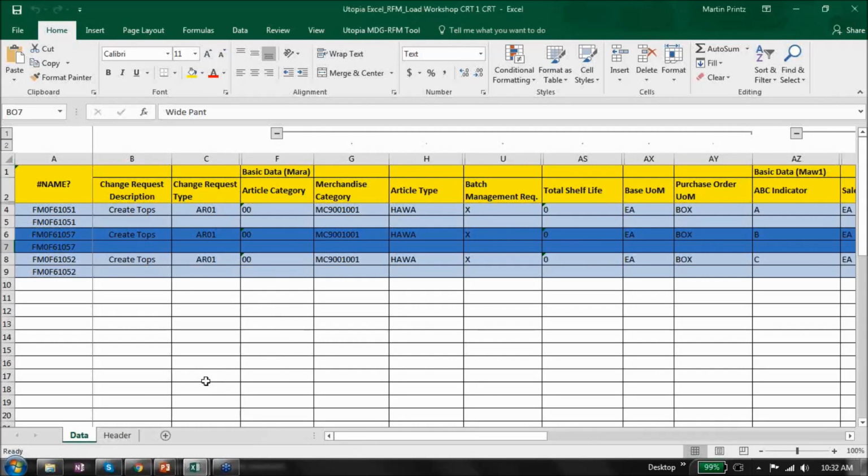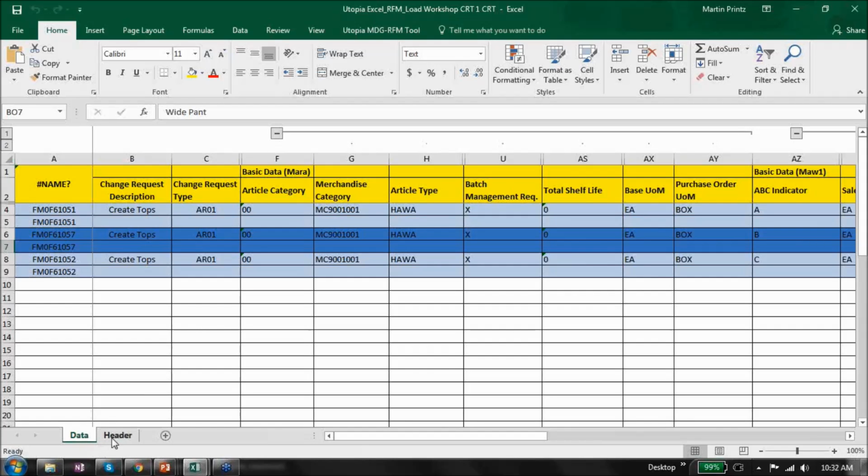Utopia has developed some accelerators in the system, and the element here is that we want to get away from manual creation one by one in the system. So we have developed a tool for uploading. The tool for uploading is Excel based. Many companies are really using Excel in their planning, in the business engagement. So that's a natural tool to use for uploading data.